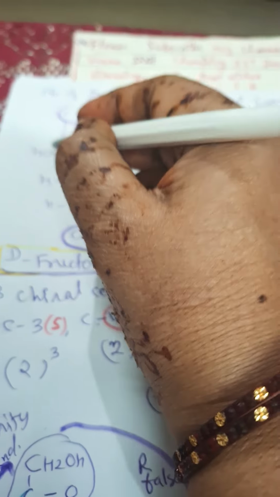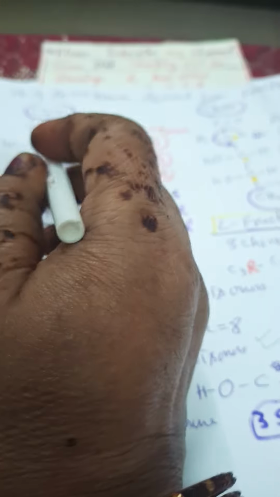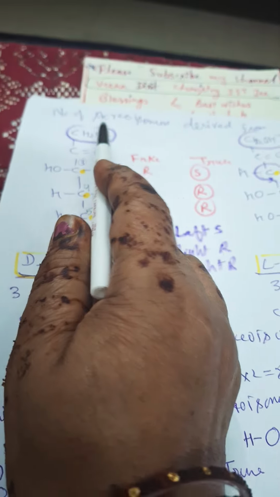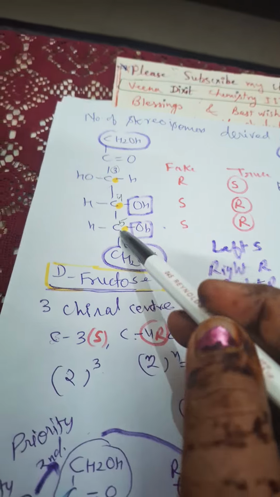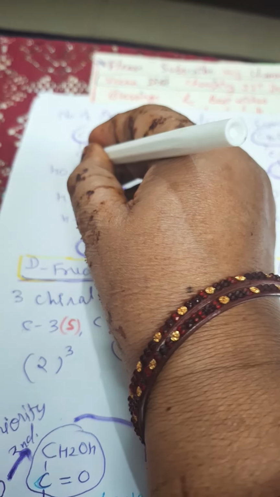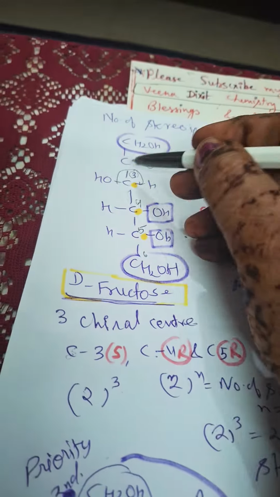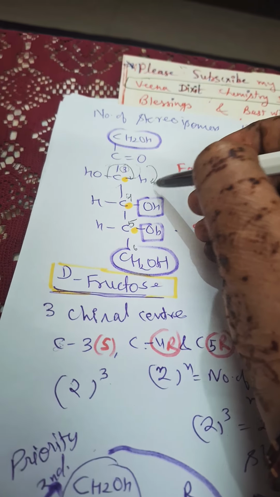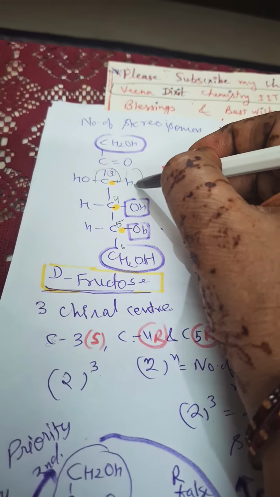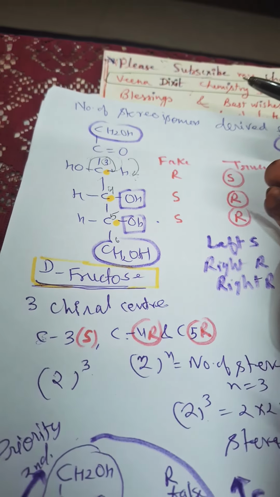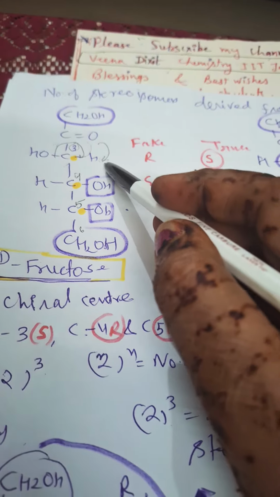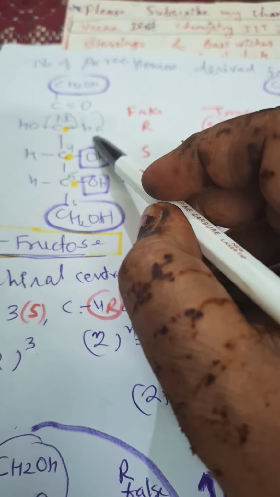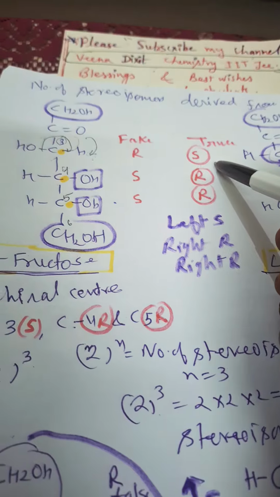Why am I saying so? Because this OH has first priority, the keto group, the upper part of the chain, has second priority, and the lower part of the chain has third priority. So it looks like the rotation is clockwise, like this. But actually it is not, because it is on the horizontal line. If it were on a vertical line, then it would be okay, but it is on the horizontal line, so the reverse is true. So if it looks like R configuration, actually it is S configuration.